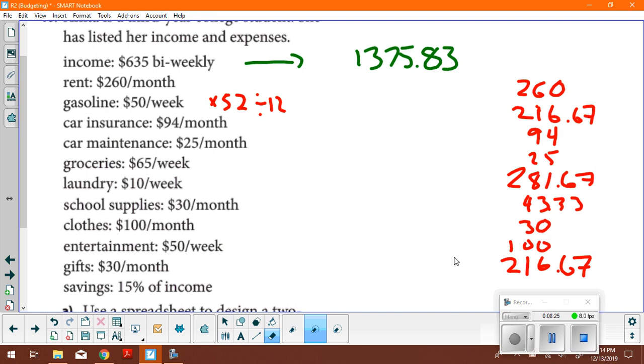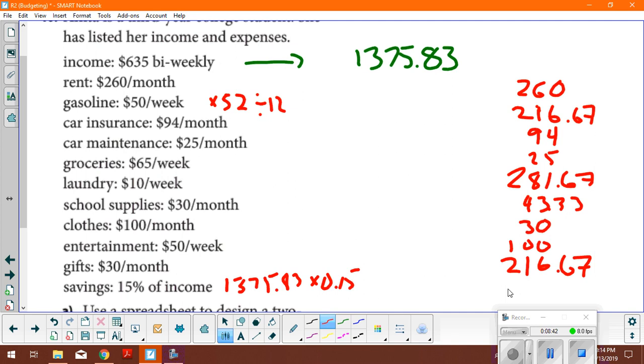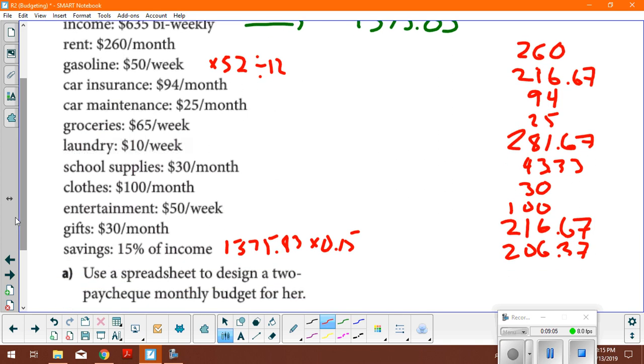So our income up there in green was 1375.83. So we're going to multiply, right, 1375.83 times 0.15. That's $206.37. Okay. So now we need to take a moment and tally up all those expenses and see what the